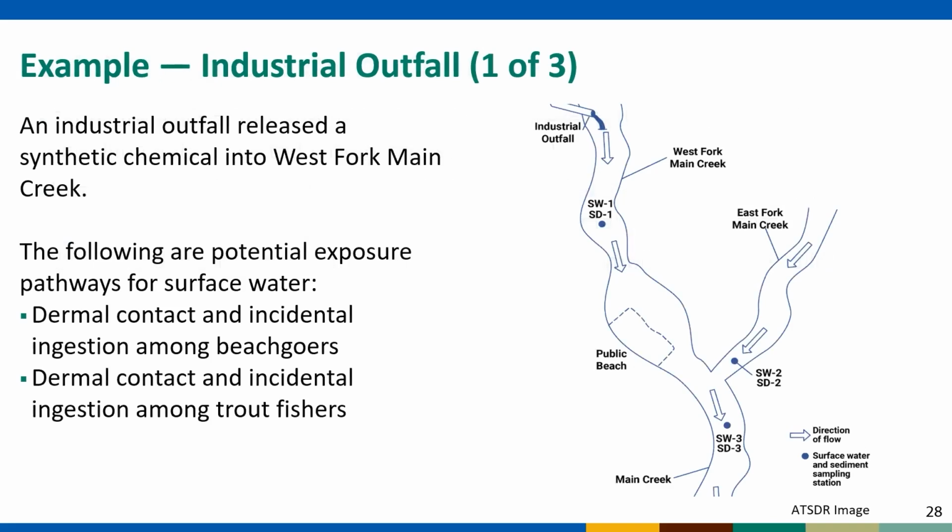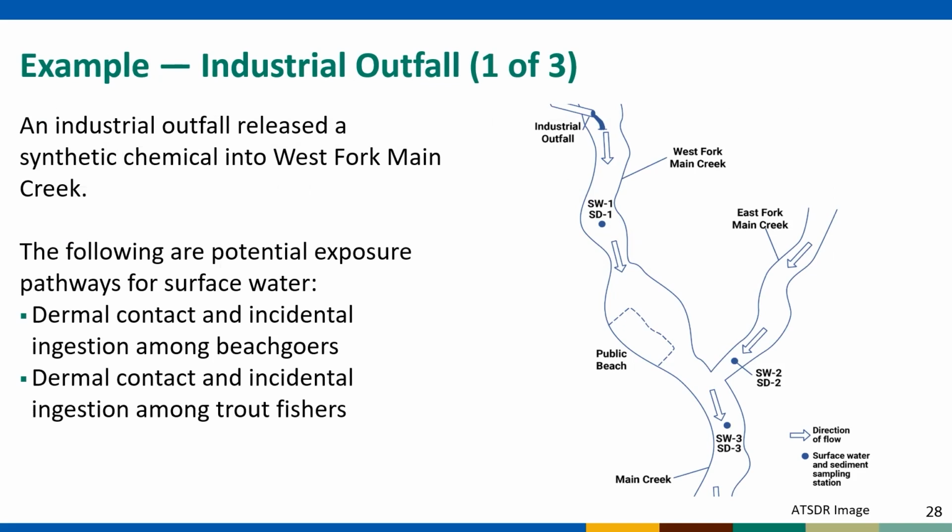As an example, let's consider an industrial outfall that has released a synthetic chemical at an upstream location of a creek. And let's say that this contaminant is not released from any other sources in the area. The figure on the right shows the direction of the flow and the surface water and sediment sampling locations. The industrial outfall released into the West Fork Main Creek is shown at the top of the figure. This creek flows several miles between the industrial facility and the confluence of another creek, the East Fork Main Creek, at which point the surface water is known as Main Creek, and then flows, let's say, into a large lake